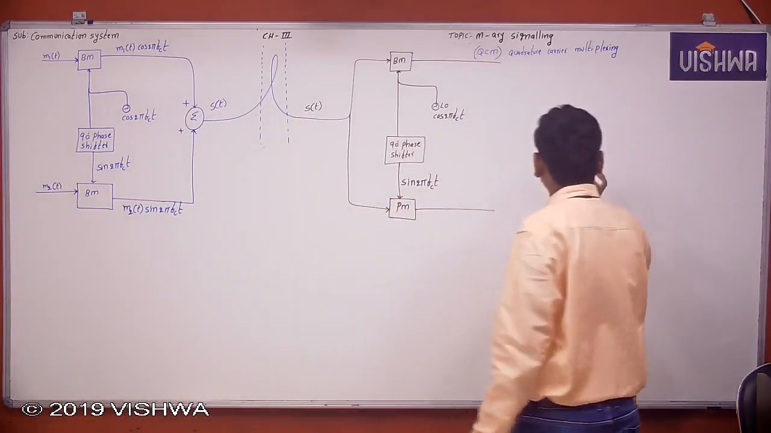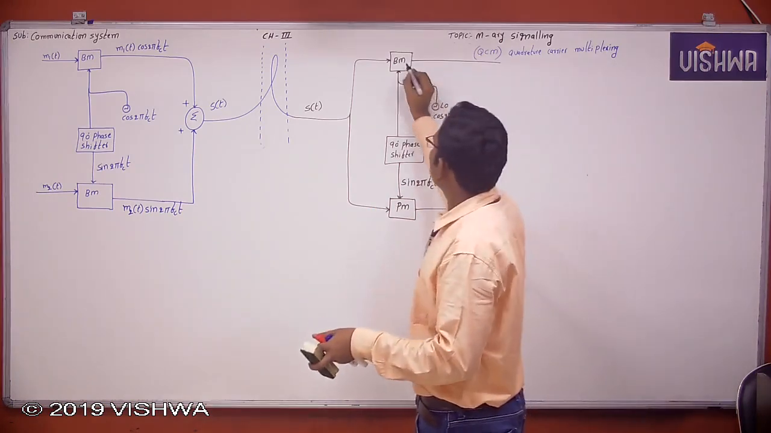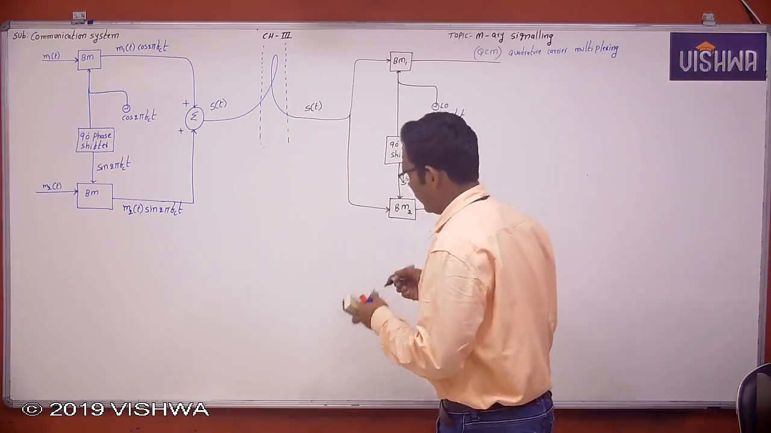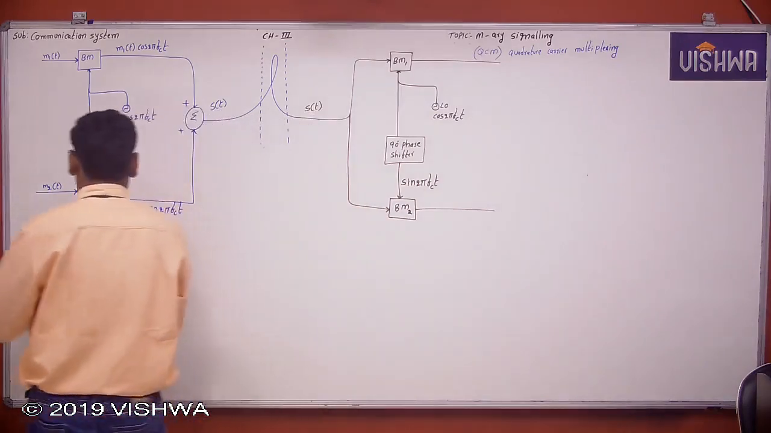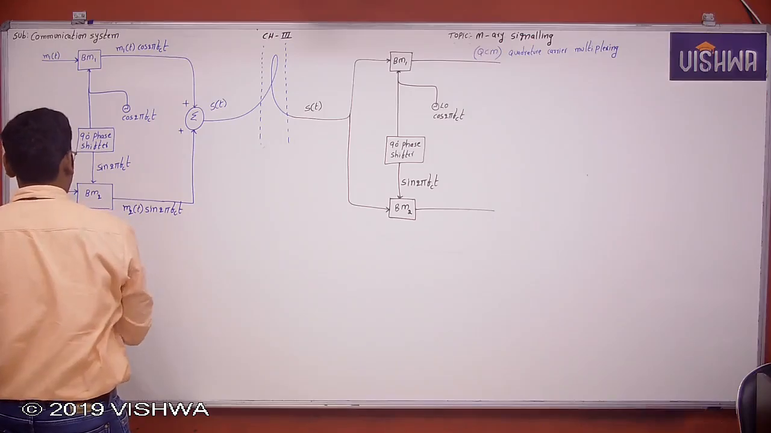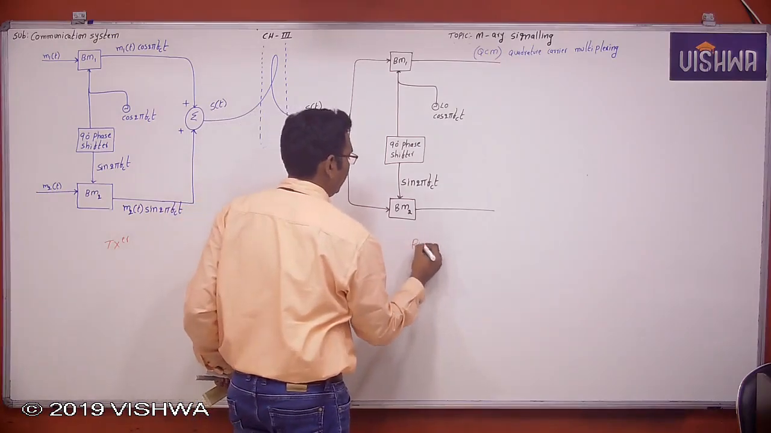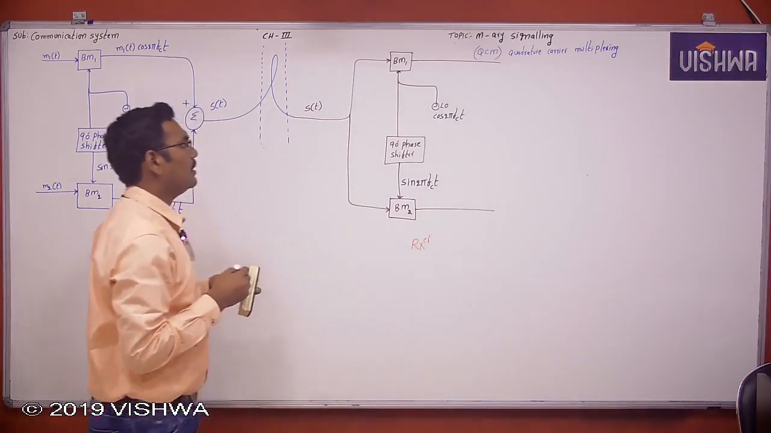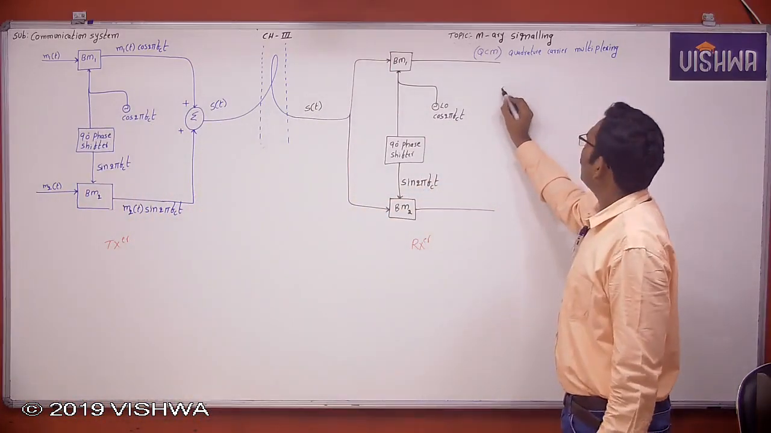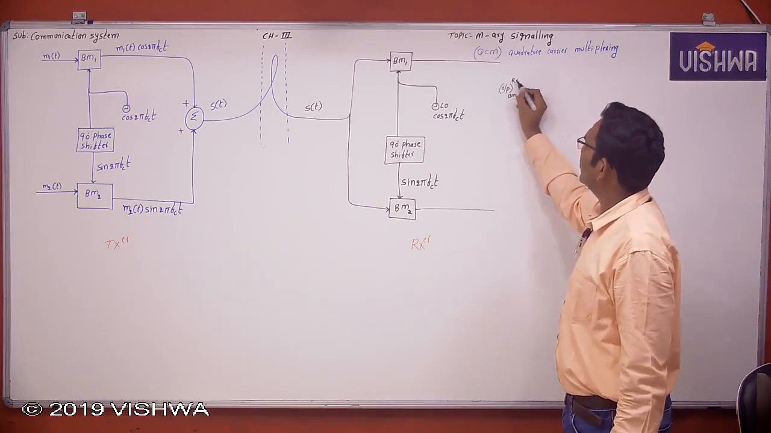Now what happened here? This is balanced modulator 1 and this is balanced modulator 2 at the receiver side. This is balanced modulator 1 and balanced modulator 2 at the transmitter side, and this is at the receiver side. Now you just see here, the output of balanced modulator 1 at the receiver side is